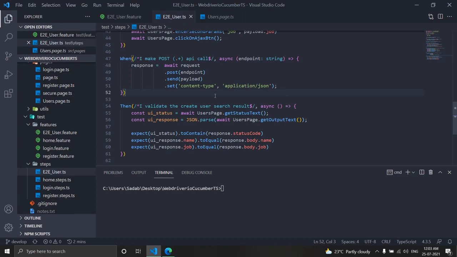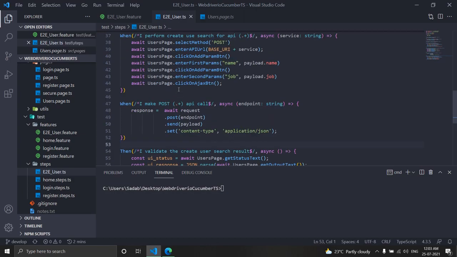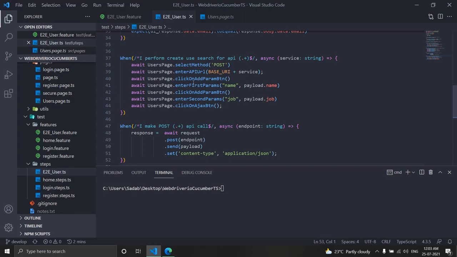Now in this video we're going to see two things. One, we will see how to use enum to make the code a little better, and then we will see how to use Cucumber tags. So it will be a quick one. So first thing, what are we going to do here, what change.